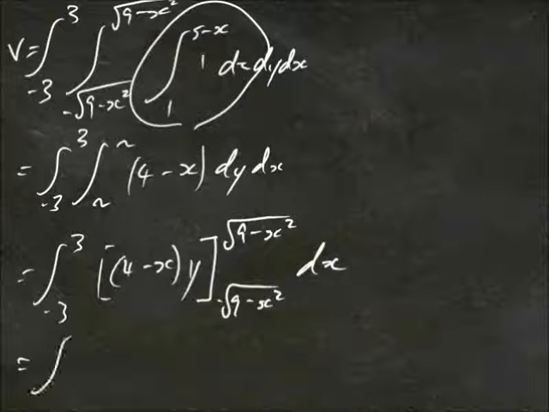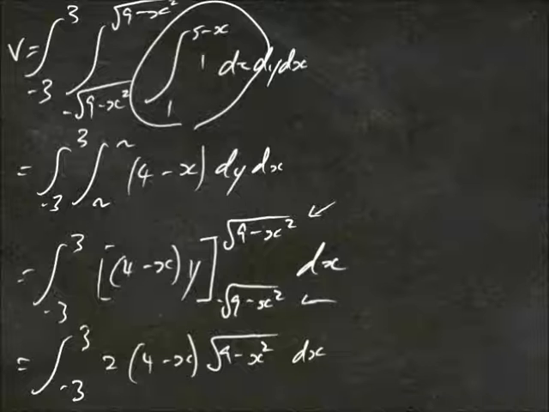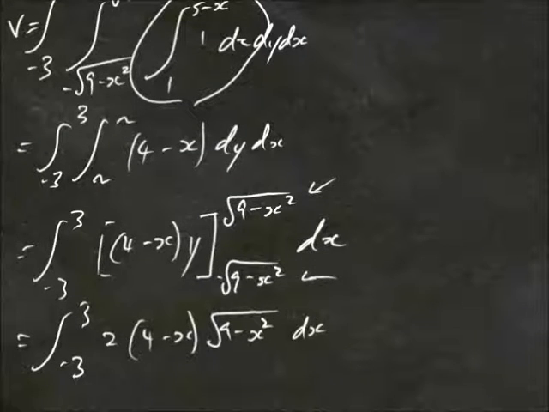The x can be treated just as a constant, so this is really this one plus this one because it's a minus minus, so you'd end up with 2 times 4 minus x square root of 9 minus x squared dx, and that would be equal to